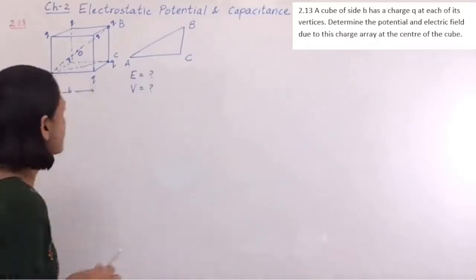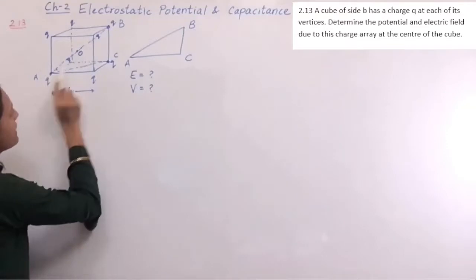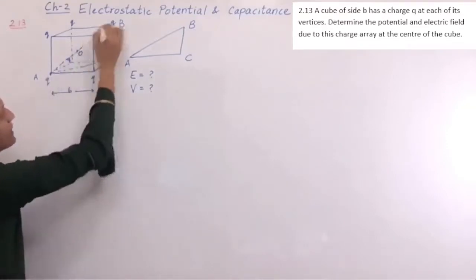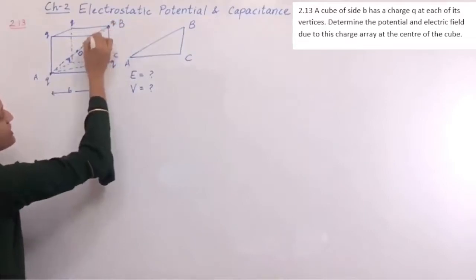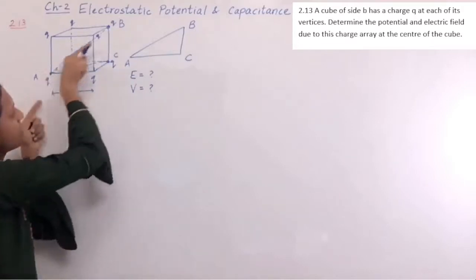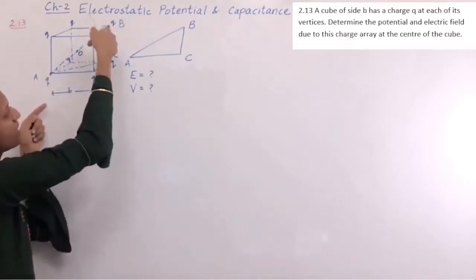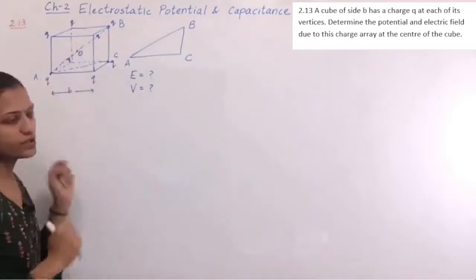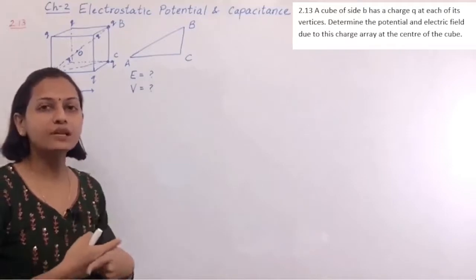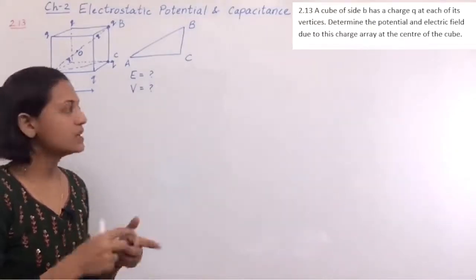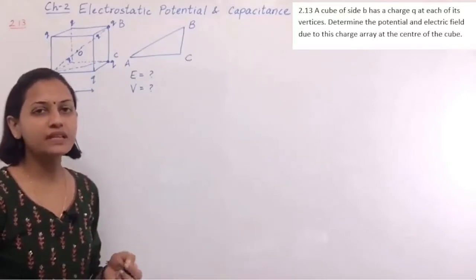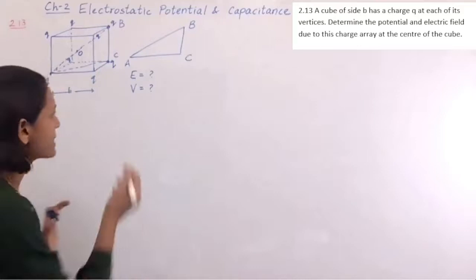Here we know that the electric field will be in the opposite direction. See, due to this positive q charge and due to the diagonally opposite positive charge, the electric field due to this positive charge will be in this direction. Due to the other positive charge, the same magnitude but the opposite direction, the electric field will be prevailing. So both the electric fields will get nullified by each other. Likewise for all the pairs this will happen. So at the end, there will be no electric field, so directly we will write